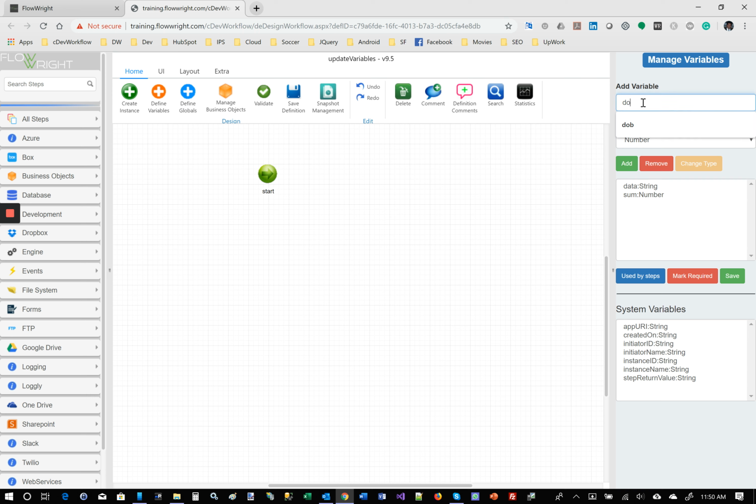And we're going to add another variable called DOB, which is date. We're going to add that also. And you're going to click the save button to save these changes. The next thing we're going to do is update these variables with values, and we're going to